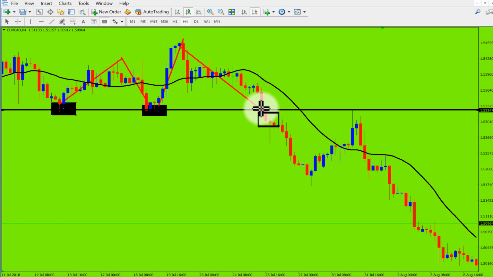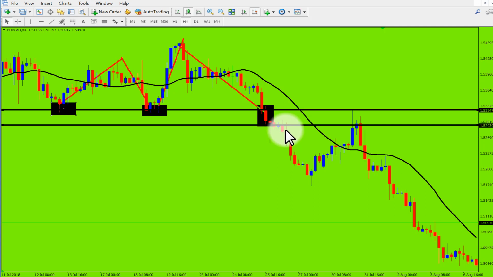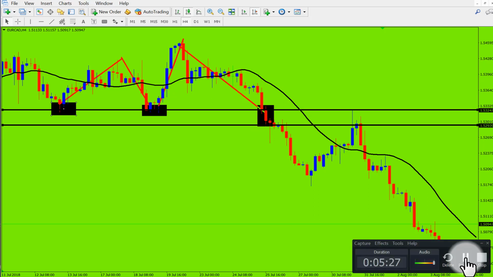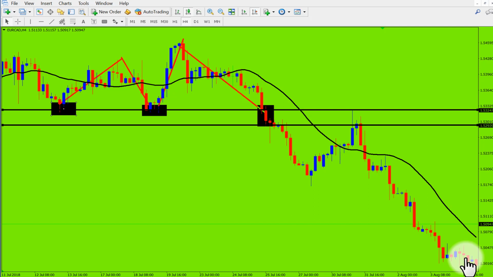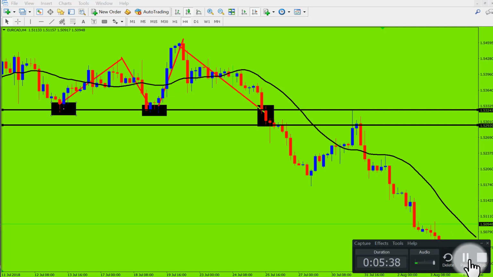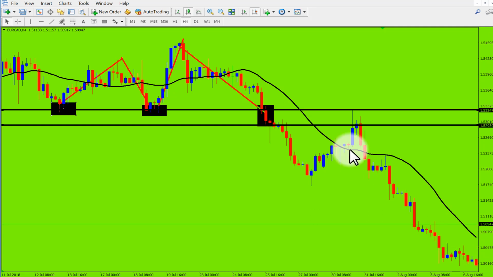So if we trade this setup this way, like if we sell here, if we sell here at the low of the breaking candle, and if we place our stop loss here at the high of the breaking candle, like this way,